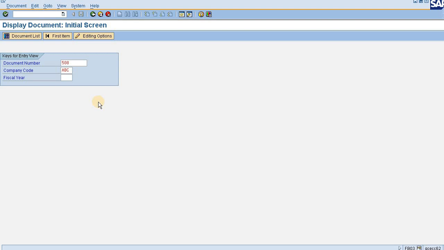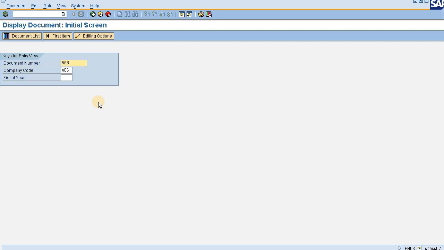So that's the functionality of substitution, and that's how you can substitute as per your own requirement. Likewise you can do many substitutions, even as I did for this particular company code and this particular document type.